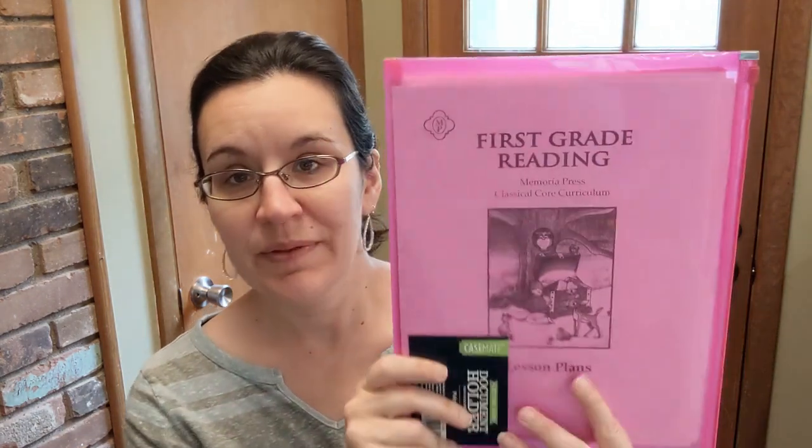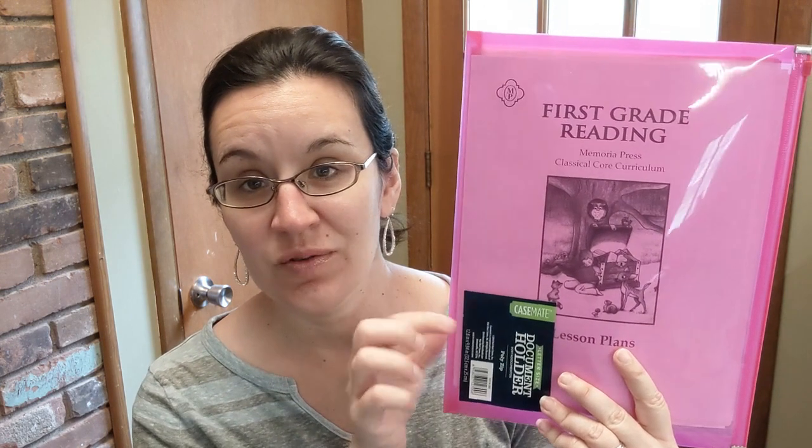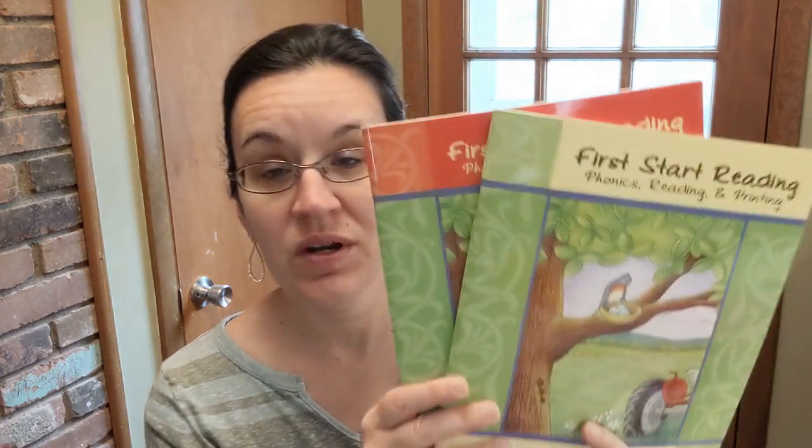But let me show you this here first. I actually have the first grade reading plans. I have not yet put this into a folder or binding of any kind yet. I haven't decided what I'm going to do about it, if I'm going to leave them loose leaf or bind them. So I just kind of have them tucked away here, and those will be our lesson plans and tell us what to do each day out of these books